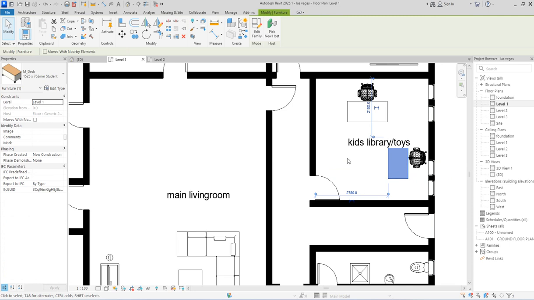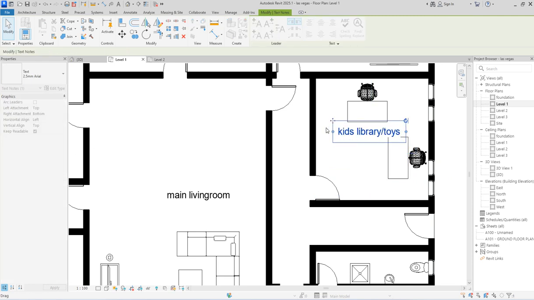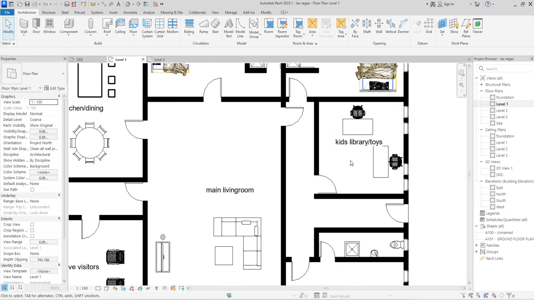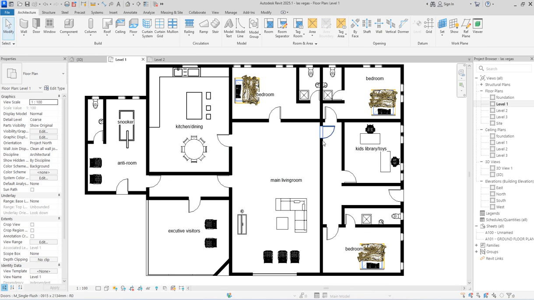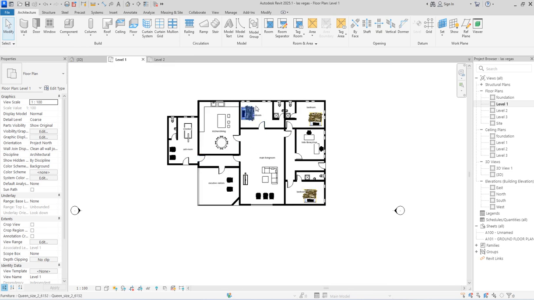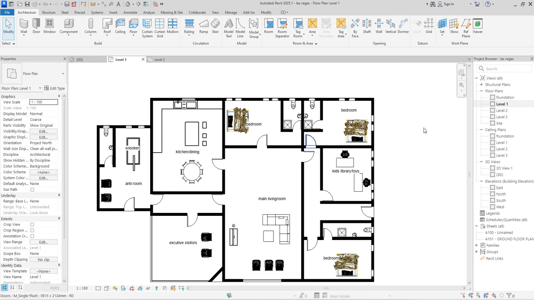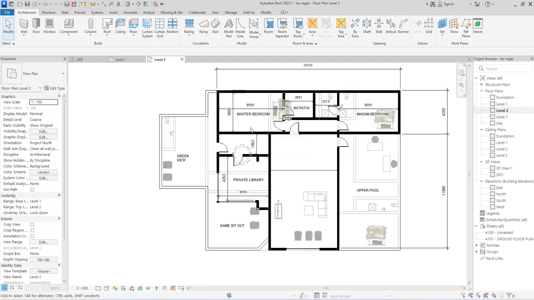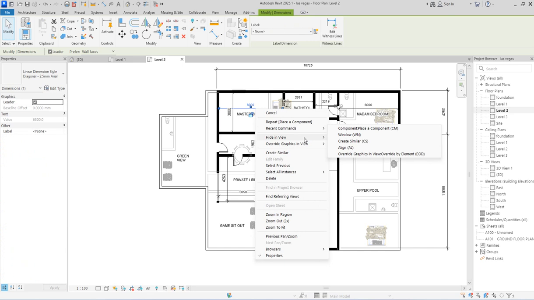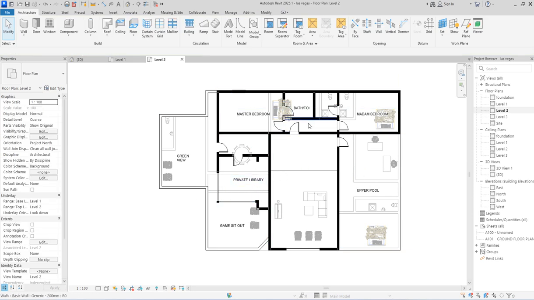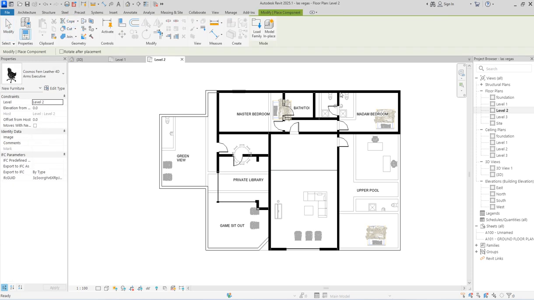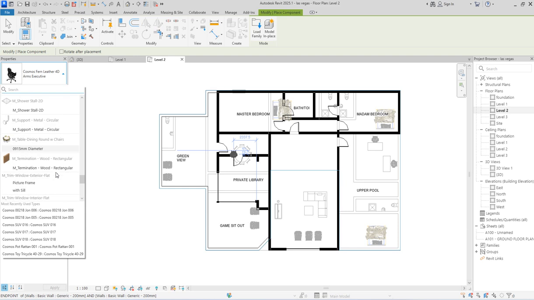So these are the things you put in place, like kid library and things like that. And the toys, you can have the rack somewhere here and everywhere they want to work, so they can play and do as well. So this is not over yet. This is how you tidy up the whole space for the ground floor plan, putting all this in place. For the first floor plan, you do the same thing by deleting most of this. Select and say select all instances in this view, then you press delete to delete most of them that you don't need, like private and every other thing. So you bring a queen bed into this space. Say select component and say bed.